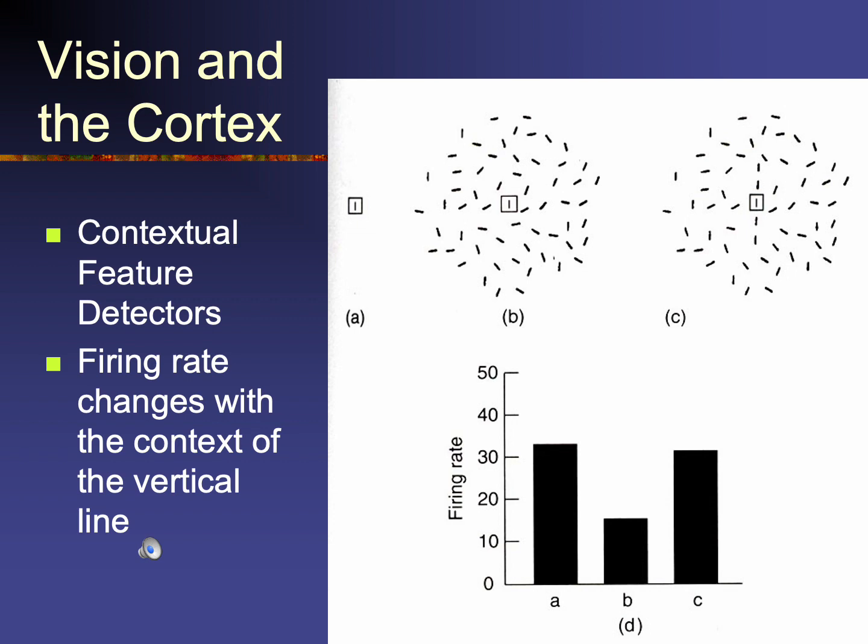Well, on the lines by itself, you have a firing rate there of approximately 30 or so. When the line is among other lines that are oriented randomly around it, you have a firing rate that's much lower. Presumably there's inhibition of perception of that line. Then when it's in the context where there are a number of other lines lined up with it, as if there's a group of vertical lines, you get a high firing rate, indicating that form is present in the visual